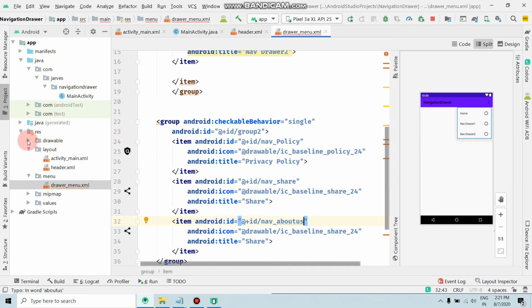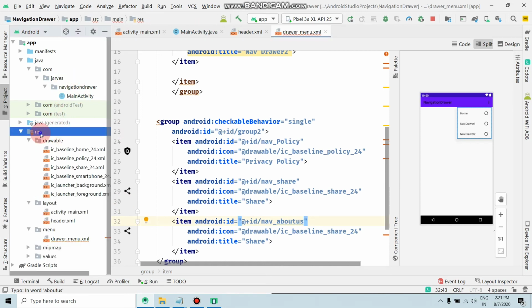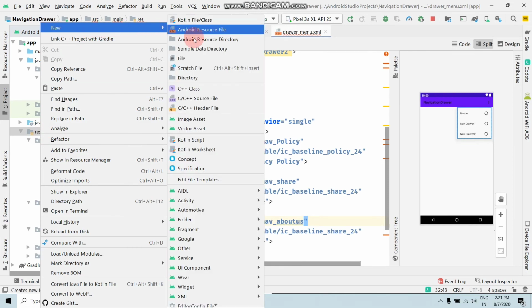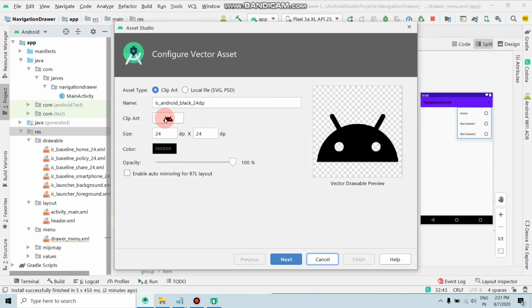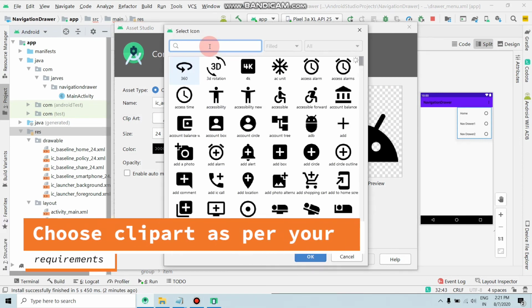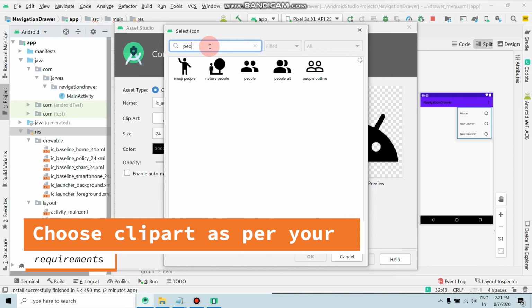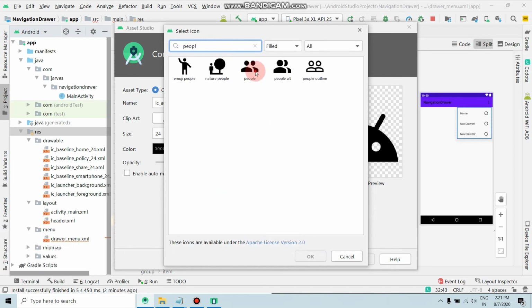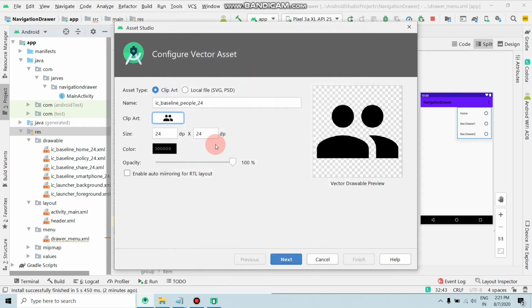And how to change these icons? To change the icon, click on res and new, click on Vector Asset, click on clip art, and to add clip art for about us, we can select this and click on OK.